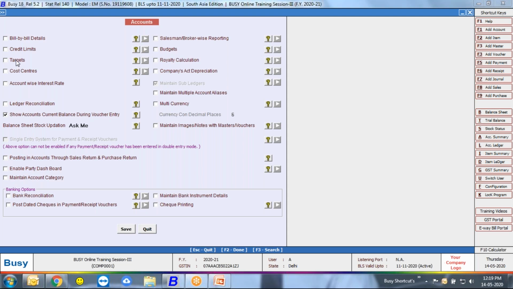So targets is a very useful feature in the sales segment. So just enable targets and let's see how to configure it and how to get reports related to this feature. Just enable target and save it.